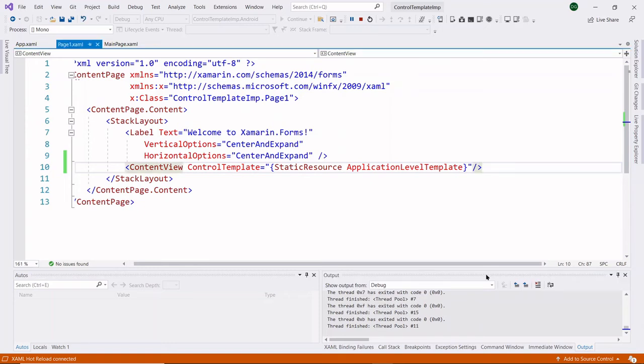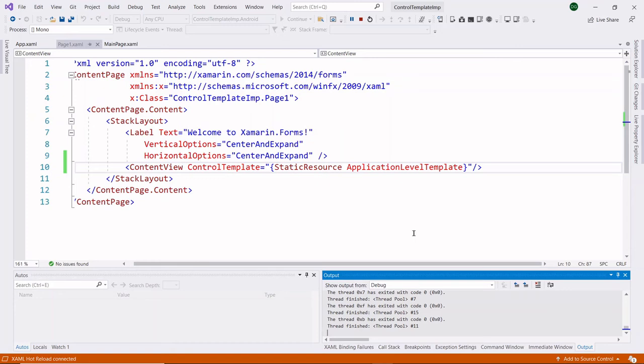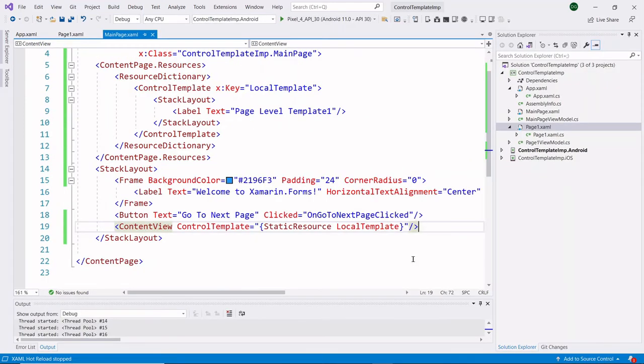Now I have a requirement of showing my channel name on every page of the application. With the help of a control template, without writing common code in all pages, we can write our required design in the control template and reuse it in every page of my application. Let's see practically how control templates separate the common UI of the application. Now I have created a control template at application level.